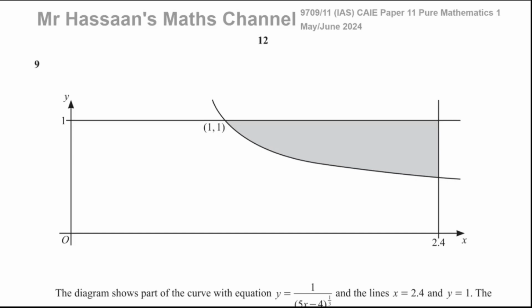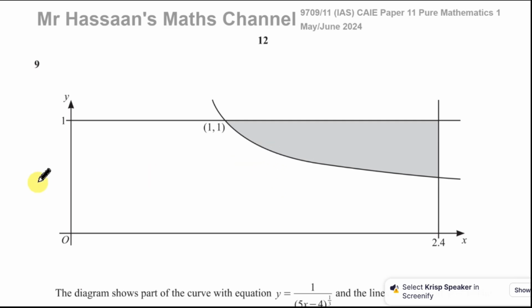Mr. Hassan's Maths channel, and I'm now going to be answering question number 9 from the May-June 2024 Pure Mathematics P1 paper. This is paper 1, variant 1. This is from the AS level 9709 syllabus, and we are asked in this question, we're given this diagram